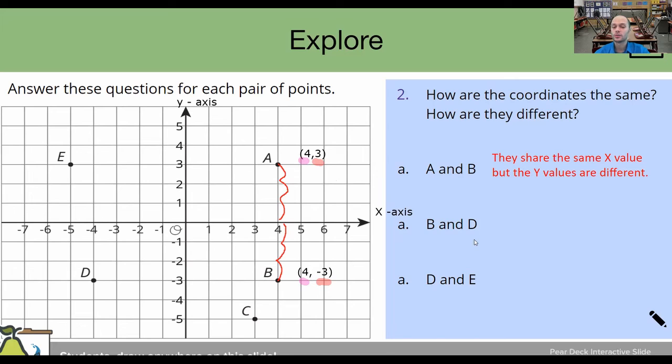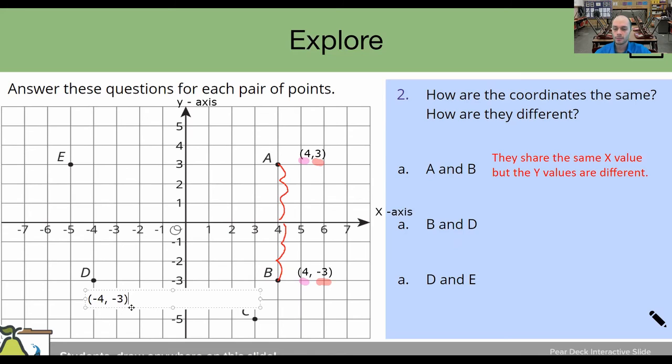Please pause the video and let me know, what are the coordinates for point B and D? Now, in order for us to talk about point B and D, just like we did earlier, we should find the coordinates of point D. So please pause the video and let me know, what are the coordinates of point D? All right, welcome back. If you said the coordinates of point D is negative 4, comma, negative 3, then you